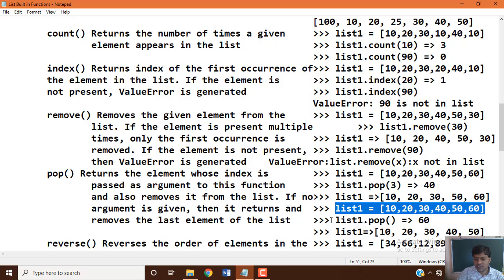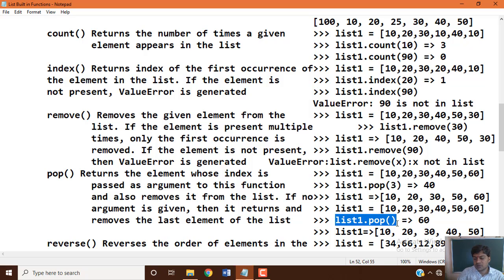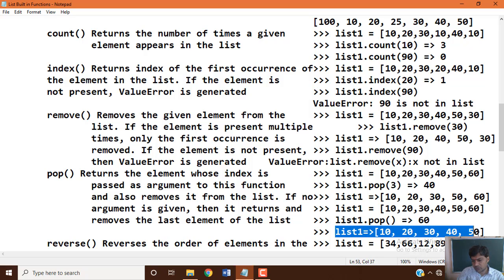Now apply list 1 dot pop. This will remove the last data item of the list. That is 60, the last data item or value available in our list variable. That one will be removed. When you execute, you will see the output.